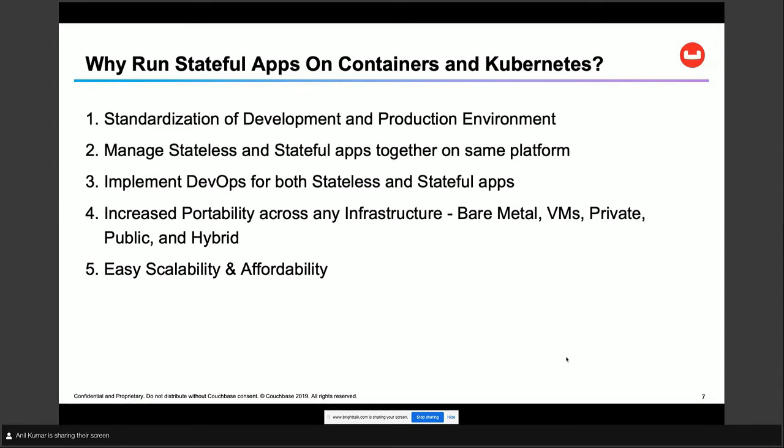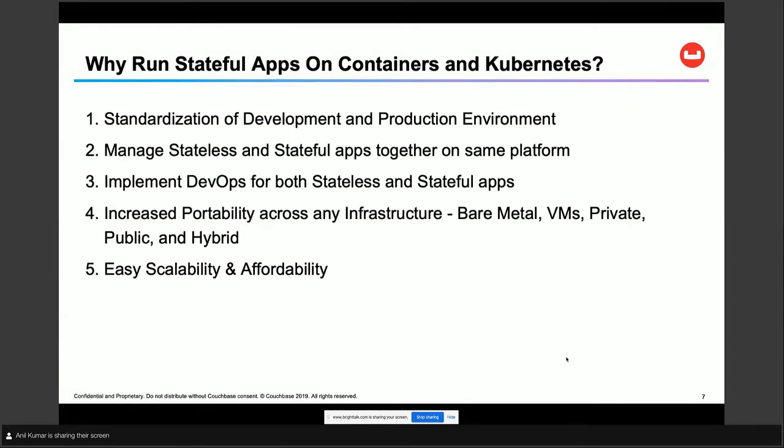So you would run and manage your stateless applications on this modern platform, whereas your database was still running on the legacy systems. Now what customers are interested in doing is standardizing and running the entire full stack of their applications on the same platform, so they can easily manage and run their applications on the same platform.